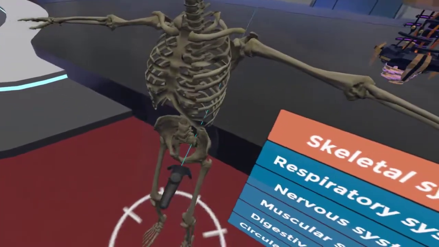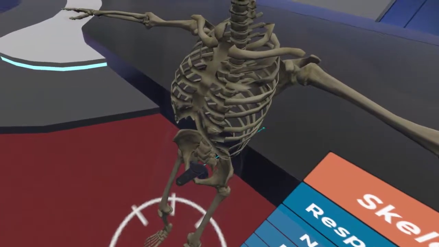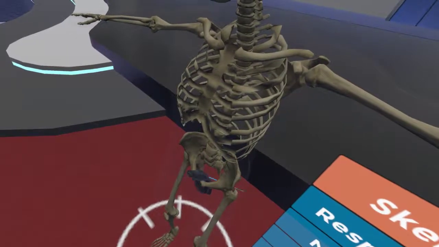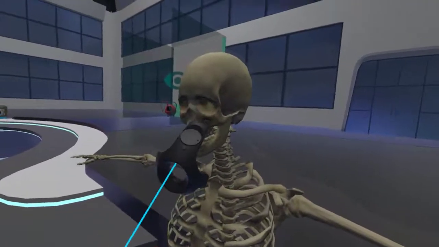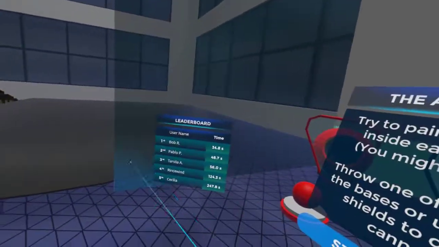Besides moving around, can you think of other roles that our skeleton has? Take a closer look at our friend's chest. This group of ribs has